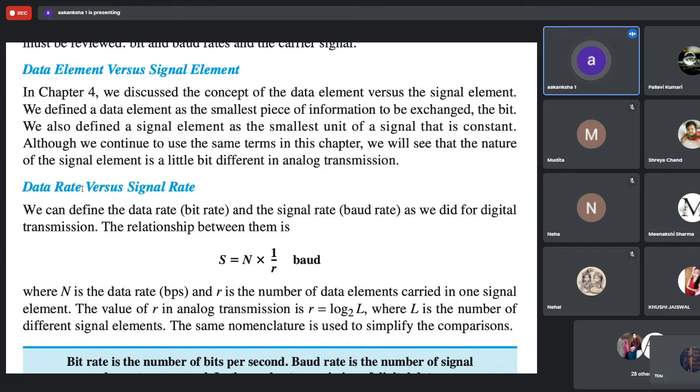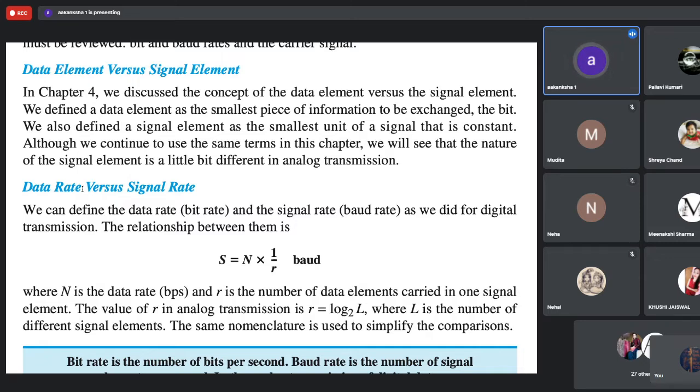So this depends on how many different signals I have. Now suppose I have 8 different signals of sine wave. It will be very difficult for a sender and a receiver to interpret different sine waves with varying amplitudes. Suppose A1, A2, A3 amplitudes, so the amplitude will vary. If you have 8 different sine waves with 8 different amplitudes, now I should have a sophisticated sender, a modulator also.